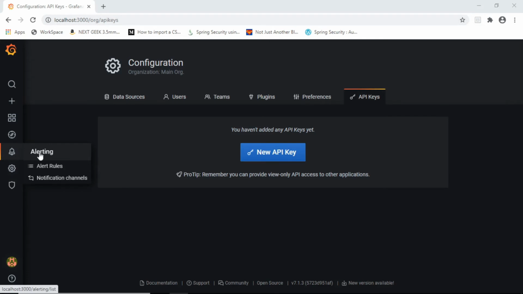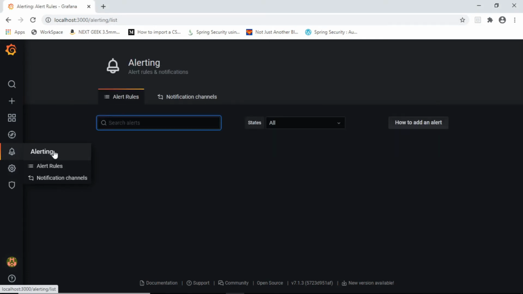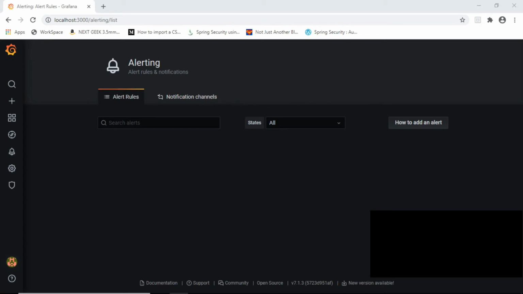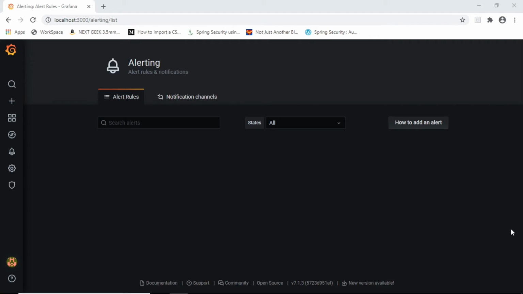Then there is something called alerting, which is a really interesting feature. Alerting is the way by which you create notifications based on some conditions. Let's say, for example, I'm connecting to the database and I want to alert the user if my products are lesser than a particular limit.